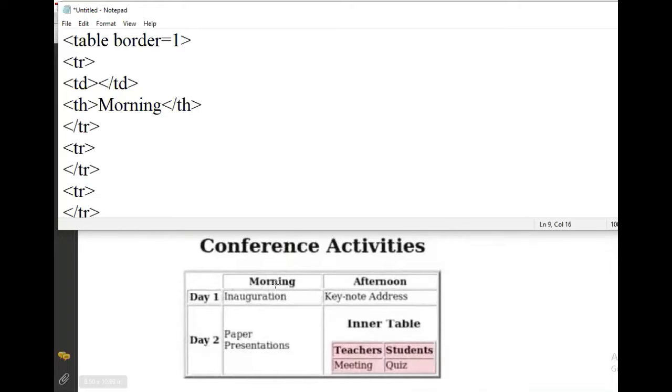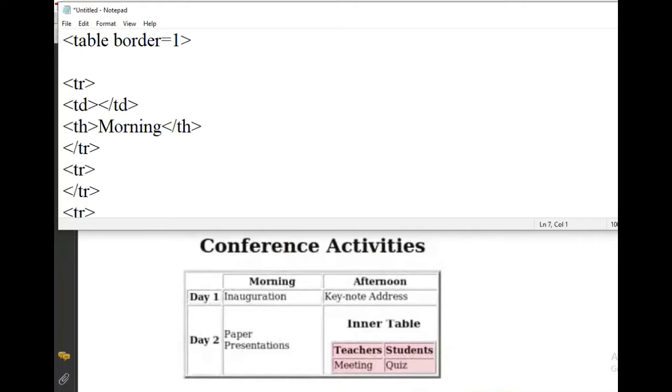So before creating this table, there is one heading, conference activities. So for that, after table tag and before you create the first row, there is one tag that we need to use here, that is caption and conference activities. Okay.